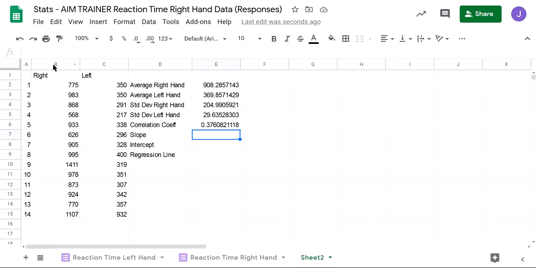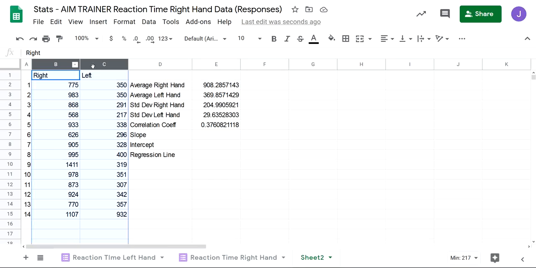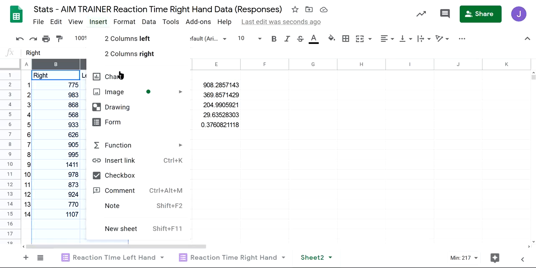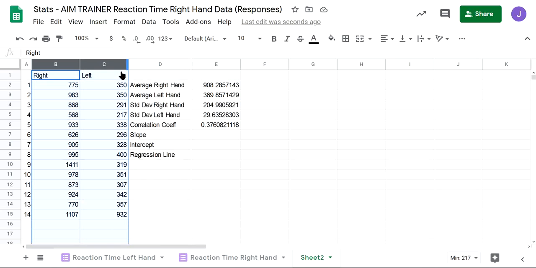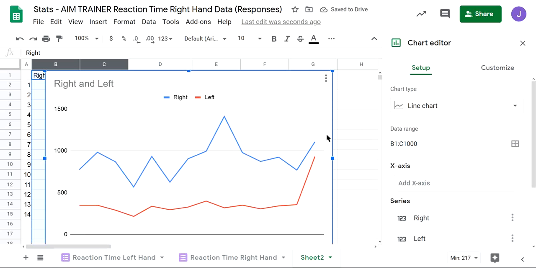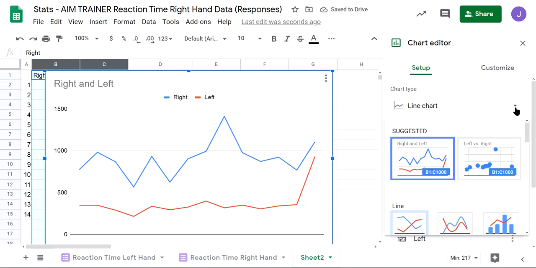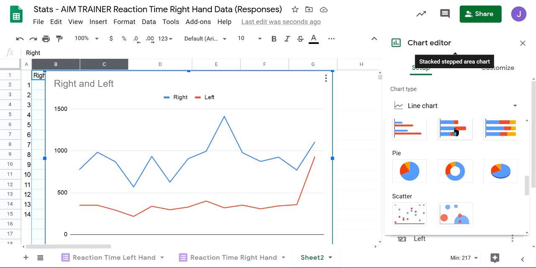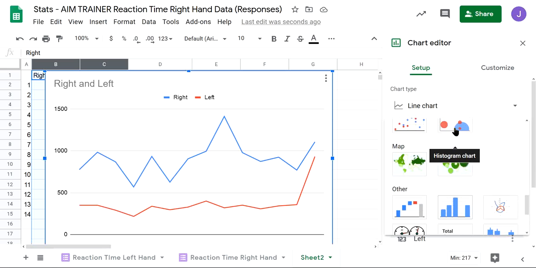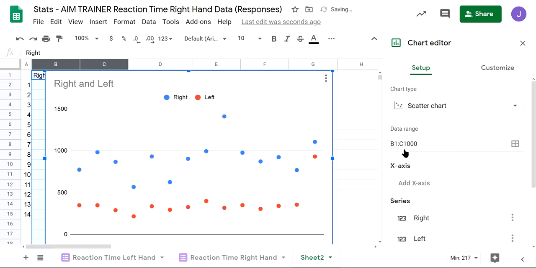Now for the slope, the intercept, and the regression line, what I need to do now is select my two columns and I have to insert my chart. And this is where you're going back to the scatter plot. So it popped up as a line. I don't want a line. I got to find the scatter plot. So I click the chart type, scroll down to our scatter, and